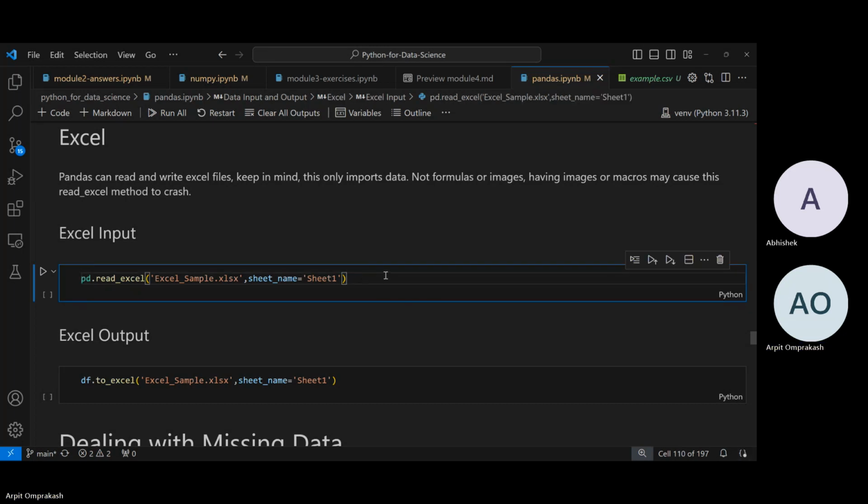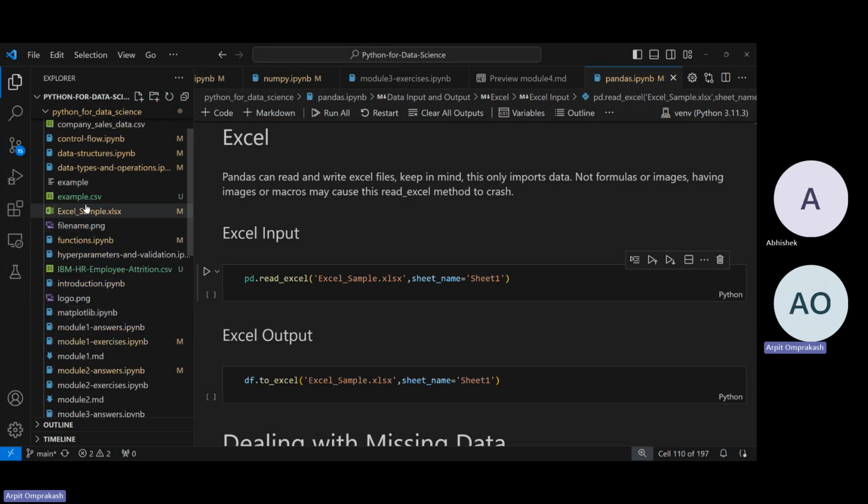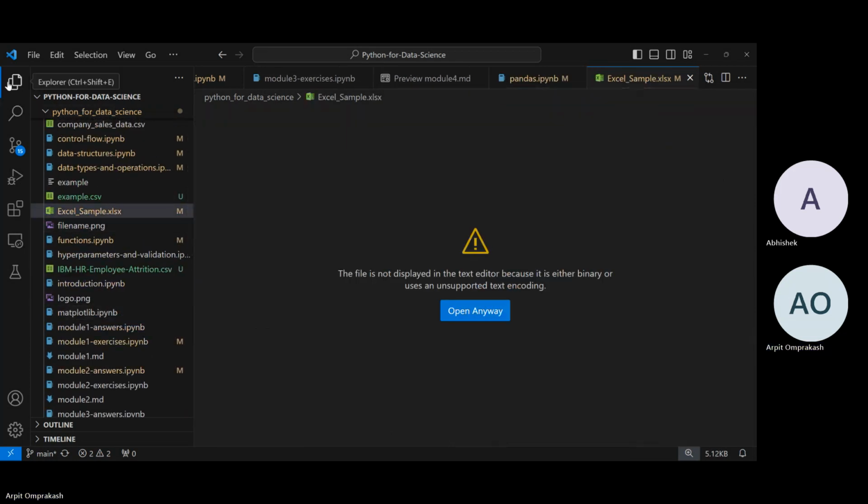So basically, I have the function pd.read_excel, which reads an Excel file. I have to give it the name of the Excel file that exists along with the full file extension. And then I give it the name of the sheet that I want to read. Excel files sometimes have a lot of sheets. So for example, if I see the file here,